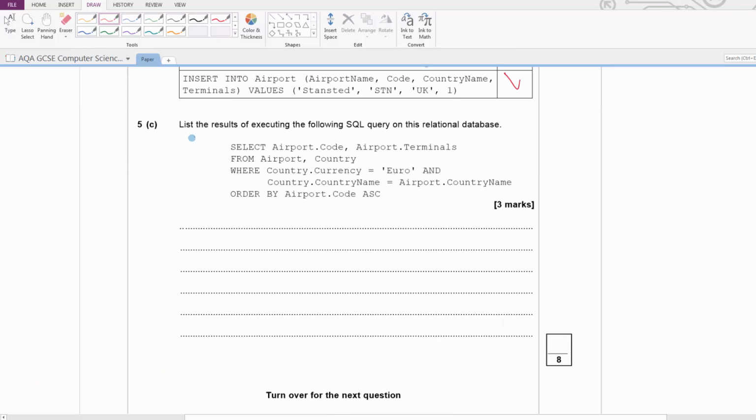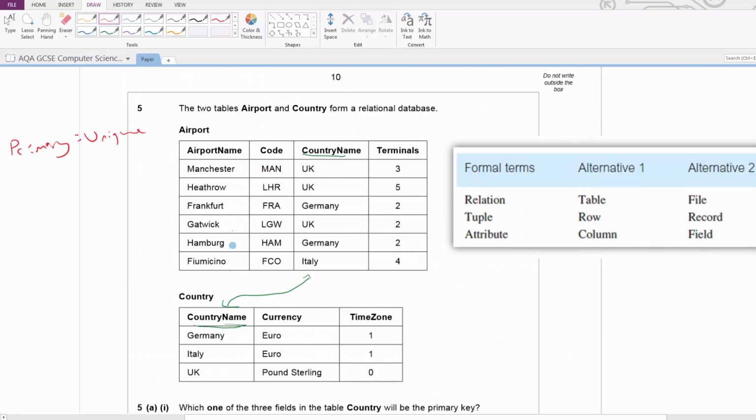For part C, we have to list the results of executing the following SQL query on this relational database. So it's worth 3 marks, so we're going to have 3 stages basically. So first of all, we've got to select the right fields from the right tables. It's going to be from both tables. This is what this from line is. So airport.code, so we're using the code field and the terminal field. If we go back to the table, so the airport, we have the code and the terminal field,